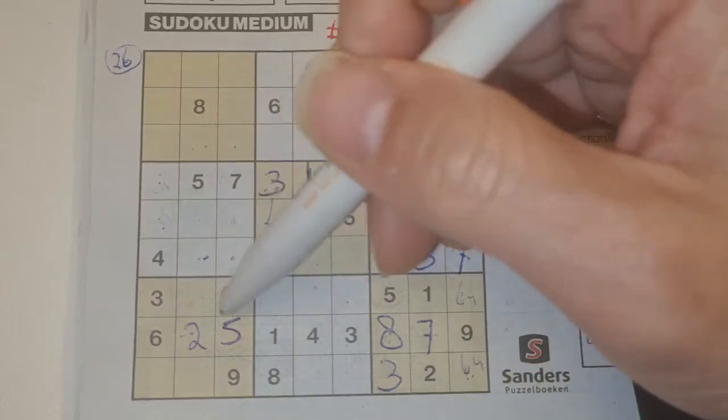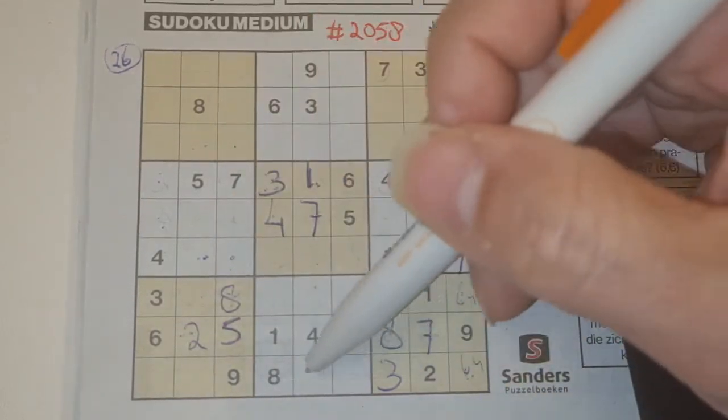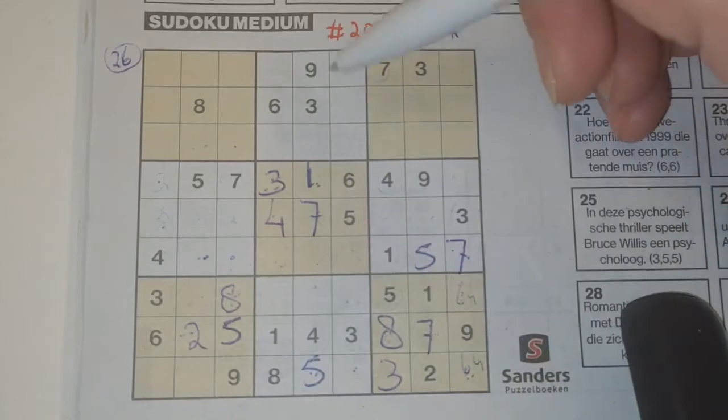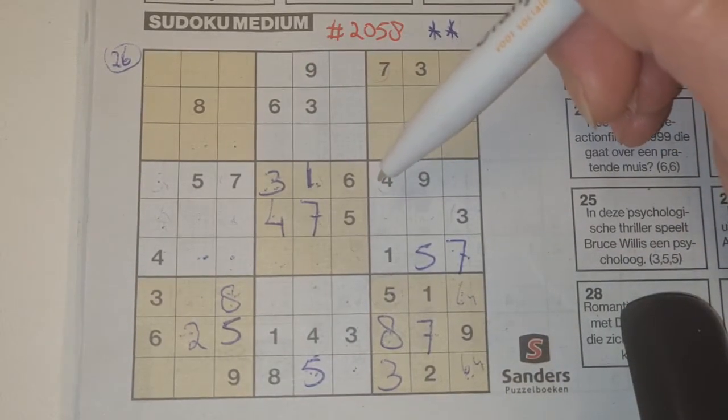5 in this row, 5 in the row below. So in the last row, the only 2 places for the 5 should be here or there. We see there 5, no 5 there, 5 should be here. And then